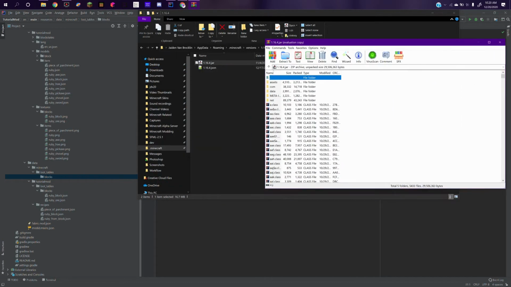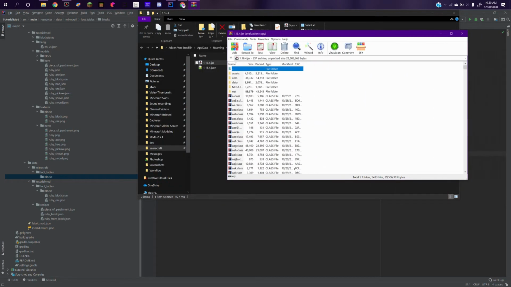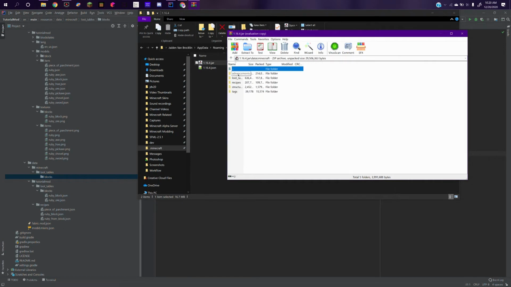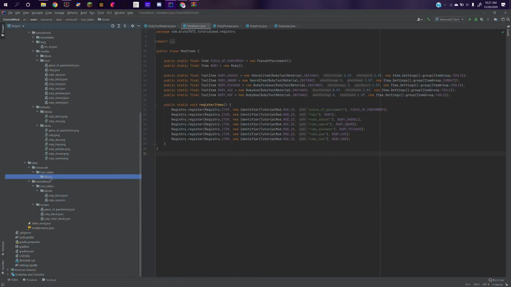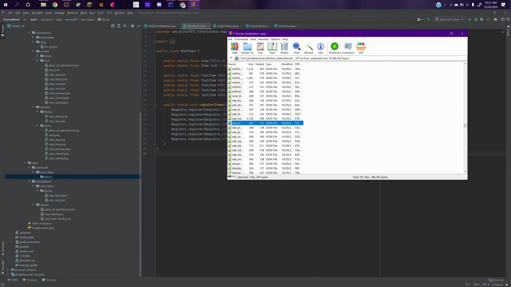So basically we've opened this up with WinRAR so that we can see in here. Just open up the data folder, go in Minecraft, go in loot tables, then find the loot table you want to edit. So scroll down quite a bit. Should be right here, oak log. So this is the loot table we want to edit. So basically drag it out and copy it into the